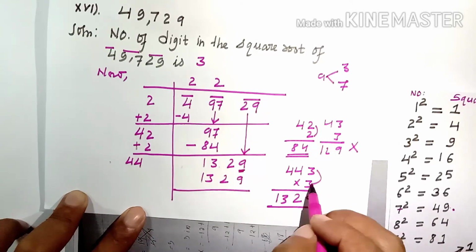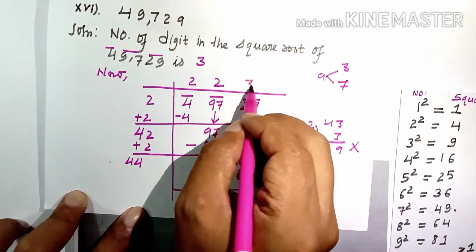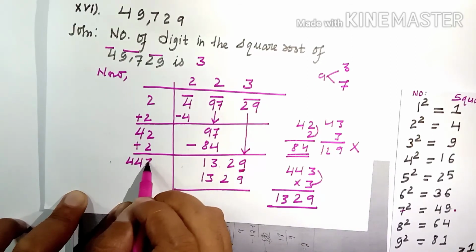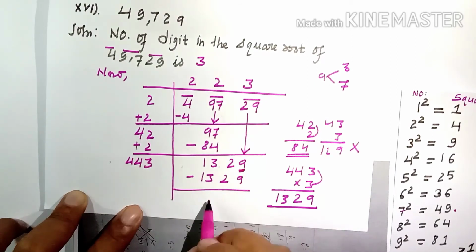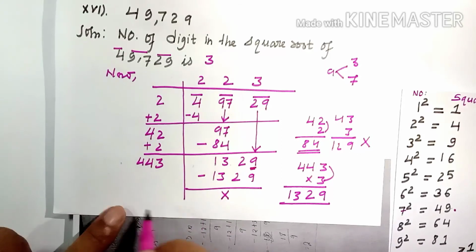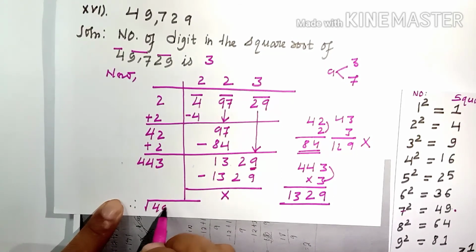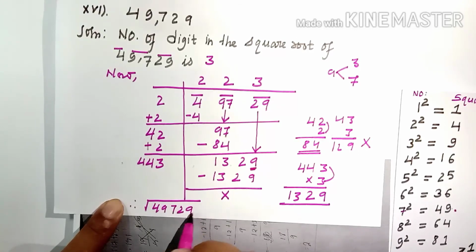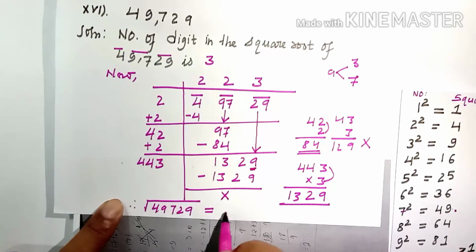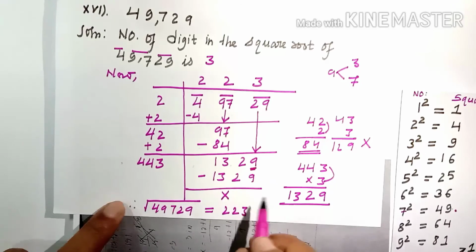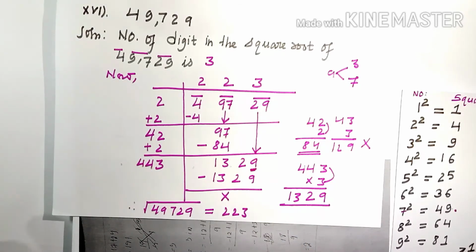After that, this 3 distribute 1 at the quotient, the other 3 at the divisor. Now subtract, the value is 0. So therefore we can say that the square root of 49729 is a perfect square of 223. Now the next value here,